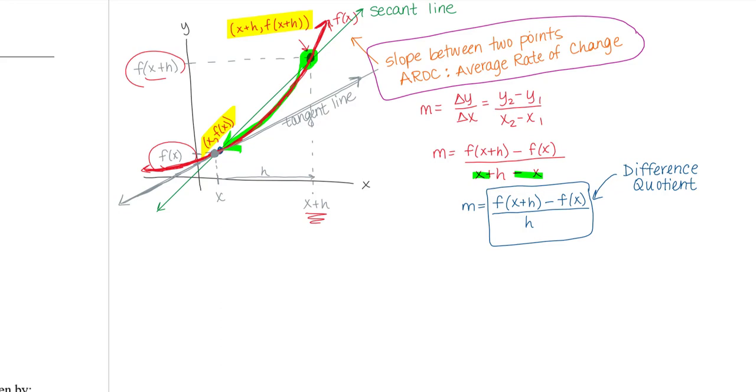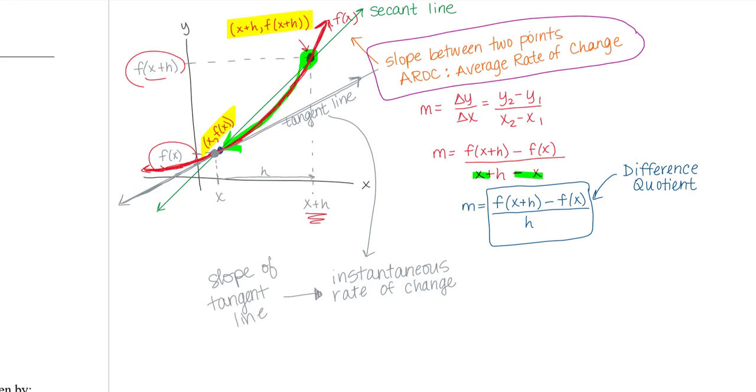And what's special about that tangent line is this is going to give us what's called instantaneous rate of change. So that slope of the tangent line is going to give us that instantaneous rate of change, which is also what we will study throughout this course, our first derivative. Well, you don't really have to know the term derivative just quite yet for this topic, but the fact that